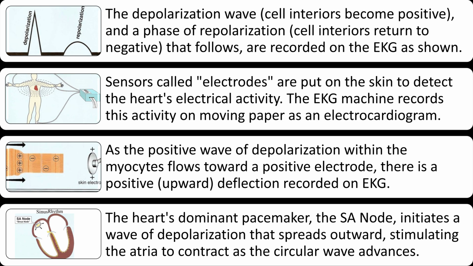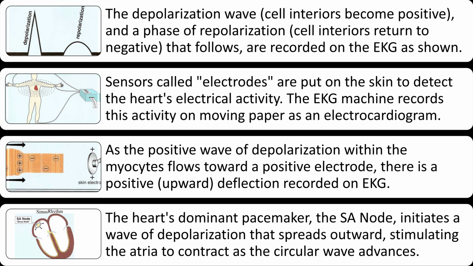Sensors called electrodes are put on the skin to detect the heart's electrical activity. The EKG machine records this activity on moving paper as an electrocardiogram. As the positive wave of depolarization within the myocytes flows toward a positive electrode, there is a positive upward deflection